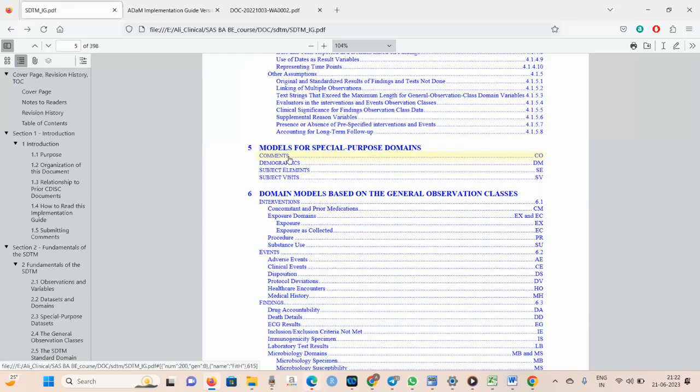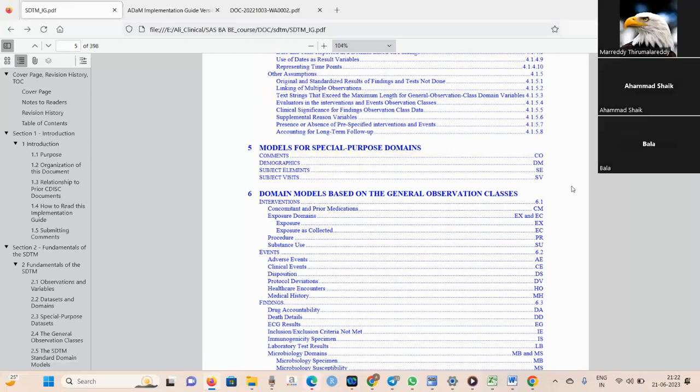Extra, if it is mentioned in the standard SDTM, yes, you have to follow the same way they want it done. So why create it? Because the standards say so, so you create it the same way. If you have issues in Pinnacle 21, you have to mention the comment there in the Excel sheet, in the define.xml. There you have to